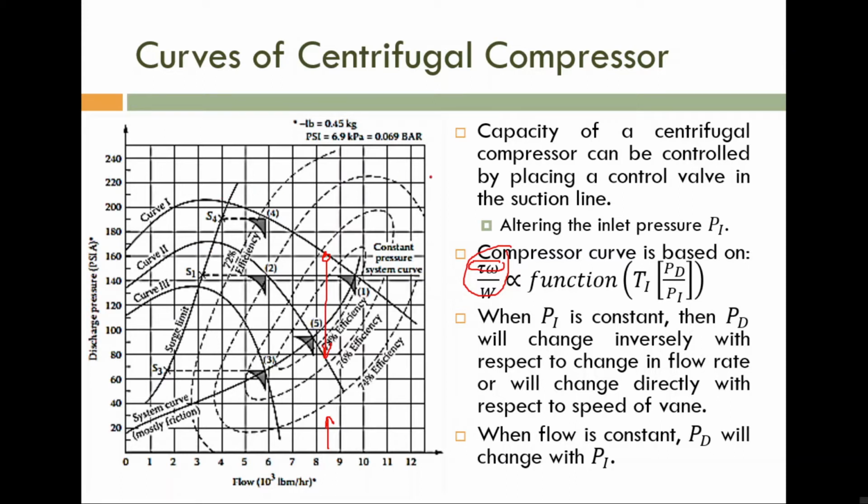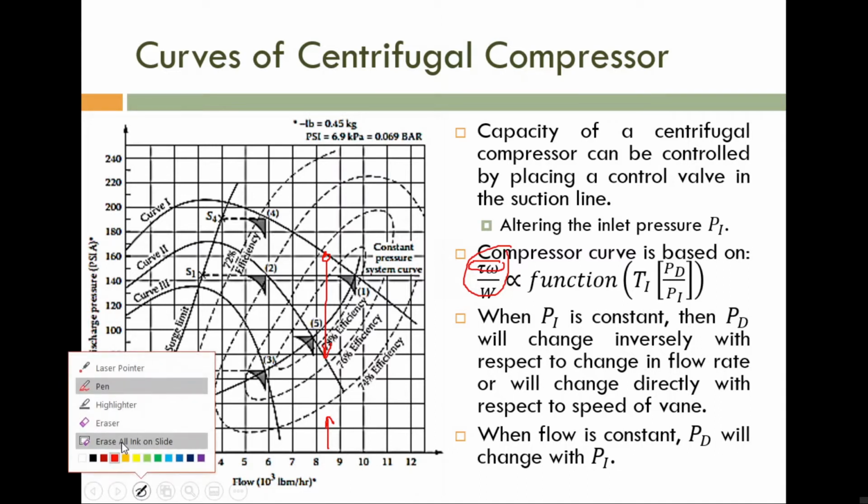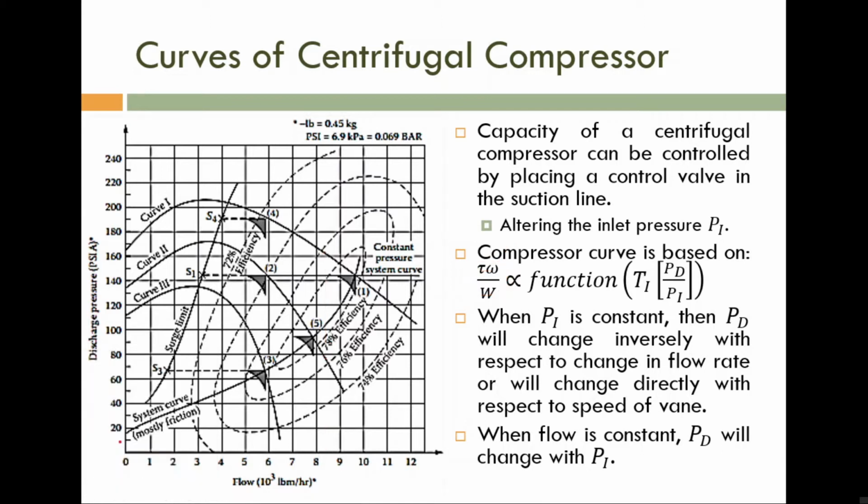We already discussed that in the last class. Today we are going to discuss the control of the centrifugal compressor. If we are discussing the control of a centrifugal compressor, we have to know why we are using the compressor. We can use a compressor for two different purposes. The main purpose is that the compressor is used to maintain the discharge pressure at a very high value, and that value must be constant.